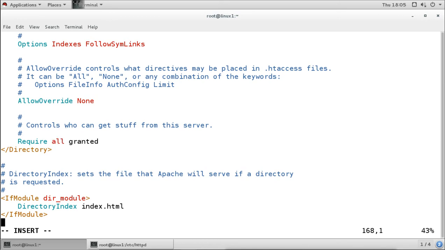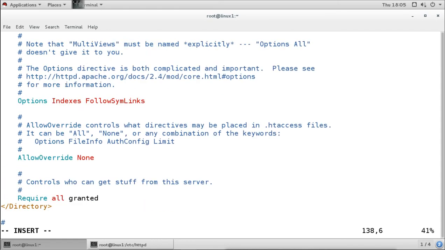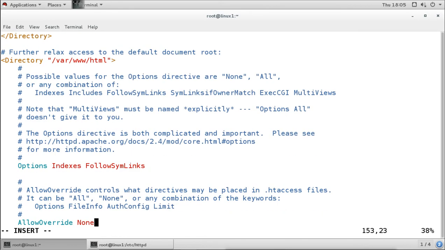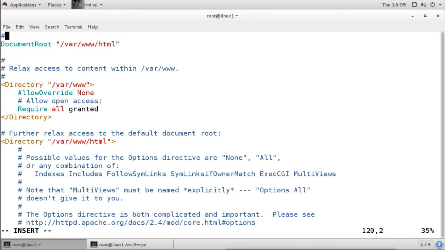And then finally the directory syntax is closing here. Now if we want to share any other directory, if we want to add a document root directory for other sites, then we have to create a directory syntax for that. Otherwise, if we create a directory under this directory, var www, it is already getting the access, so we don't have to create anything for that. But if we want to add any extra configurations, we can add a new syntax for that. Otherwise it is not having allow override or any options, it is only saying grant all.